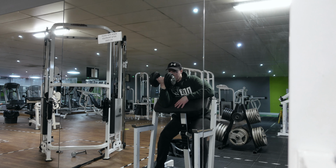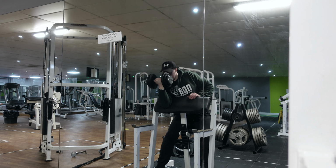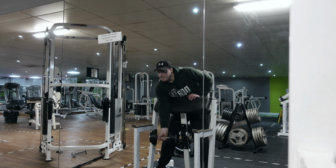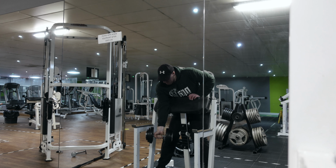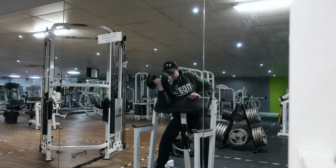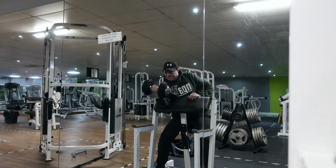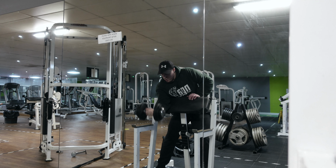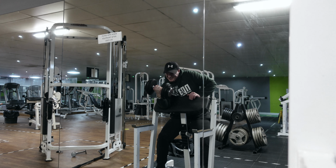Sometimes you might even need to do preacher curls reversed, because they just get the pad position wrong all the time. The people that make these machines in these commercial gyms, they just don't train, they don't understand how the machine should be set up. Unfortunately, you might have to play around with the angle and do it reverse sometimes, hands outside the bench. This is just from a different angle here,